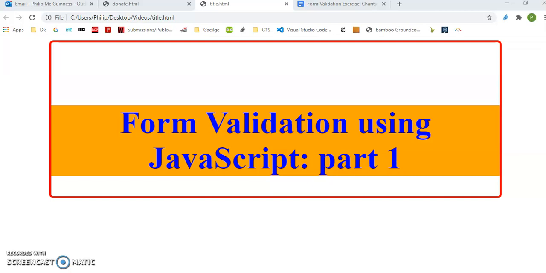validation. It's extremely useful, and the idea here is that we want to do the validation on the client side whenever possible. Because if we don't do it on the client side, we're going to have to do it on the server side, and that means you click the submit button, the data goes back to the server. The server is going to spend some time running code, probably PHP, to try and figure out, is this data input valid? If it's not valid, the server is going to have to send a message back